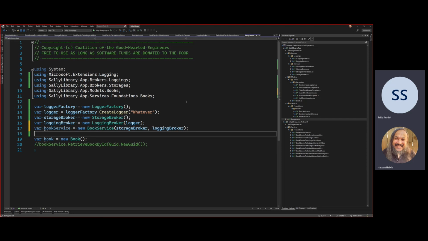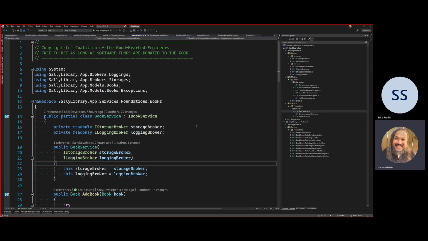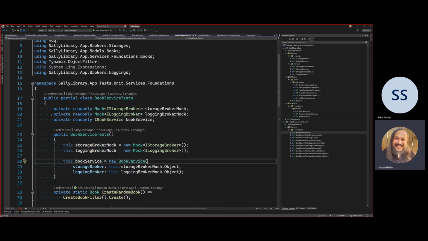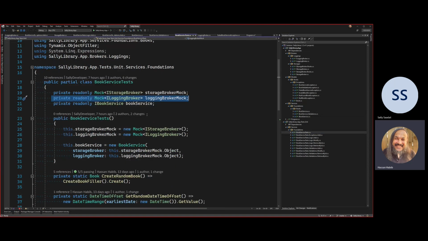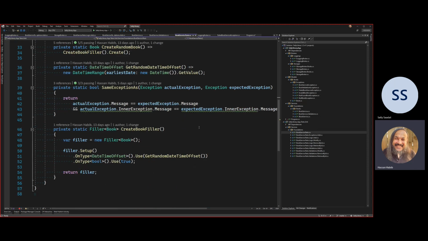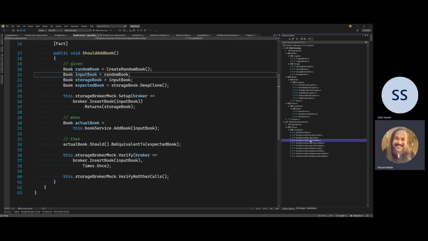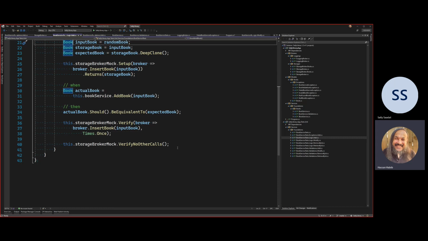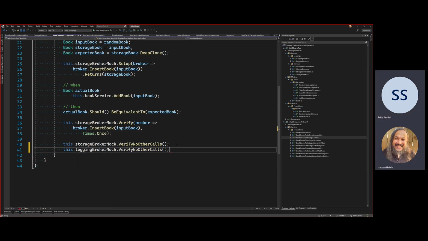Okay, so here it's fine. So here's what I want you to know though. When you add a dependency like this, a new dependency, you already did the hard work. You basically went in and said, okay, let me instantiate a mock and then let me pass that mock in there, right? But we have other tests in here. We have add, we have modify, we have all of these. And this is really what I want you to know today, that wherever you write a test, you should ensure that all of your